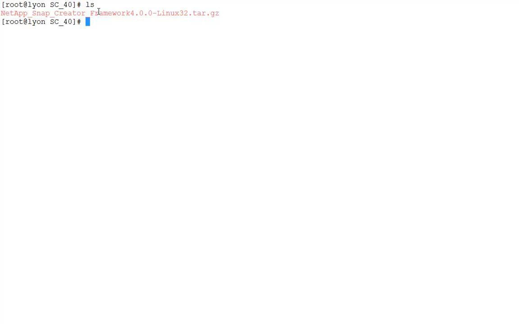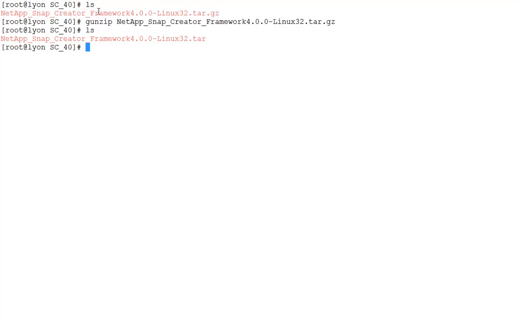When you download Snap Creator for any flavor of Unix, you get a zipped package. The first thing that you'll need to do is unzip this package. Depending on your flavor of Unix, you may have to execute the gunzip command and then execute the tar command to fully extract the file. And that's the method that I'm going to show you now. But you may simply be able to just run the tar command. Gunzip the file